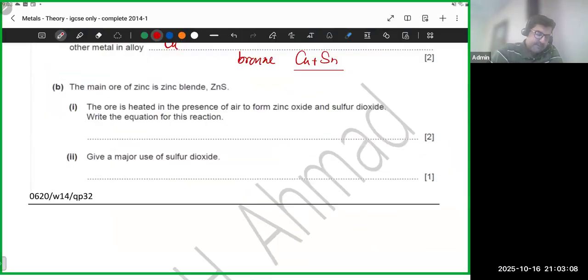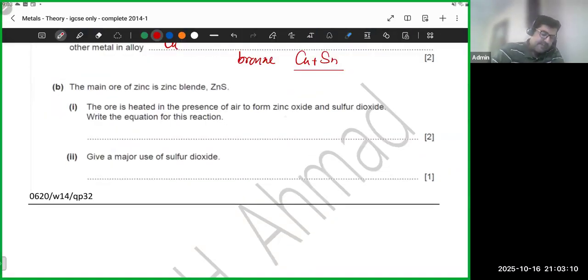So here, you're saying the ore is heated in the presence of air. So pretty much everything is given, but you just have to write an equation. All the information is given, that this is heated in the presence of air. So that's ZnS